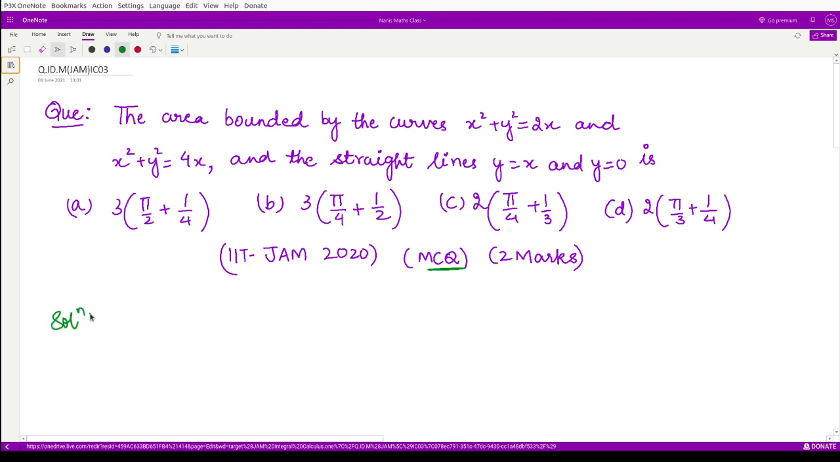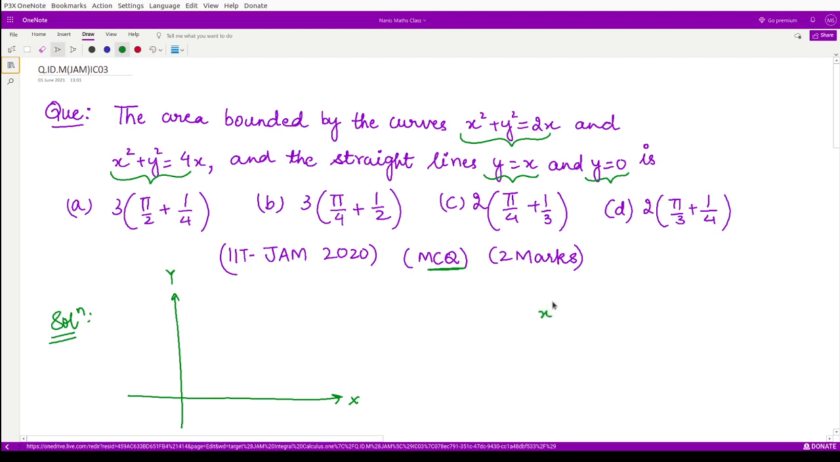So for the solution, in order to calculate the area bounded by the curves, we are to see what is the region bounded by these four curves, these two circles and these two straight lines. So let us first visualize this. So let me draw the coordinate axis. This is your x-axis, this is y-axis. So accordingly, you have here